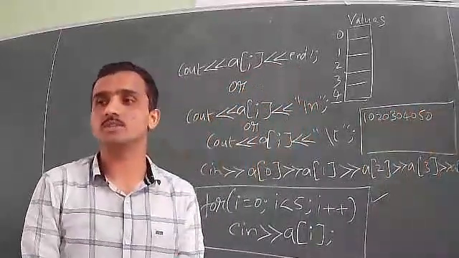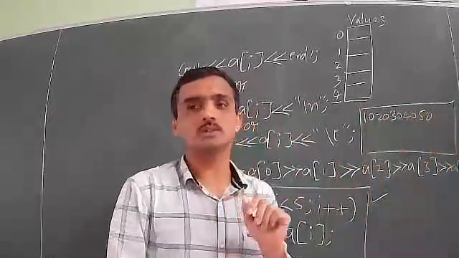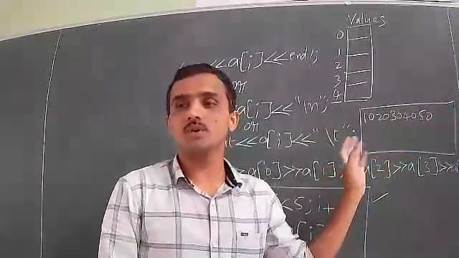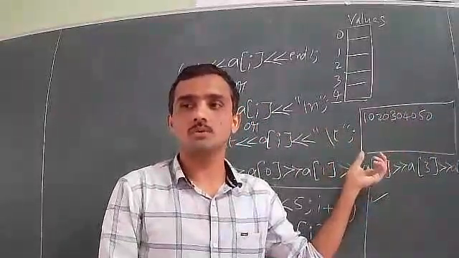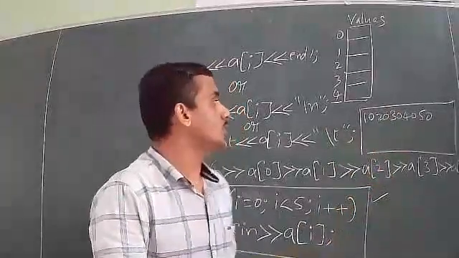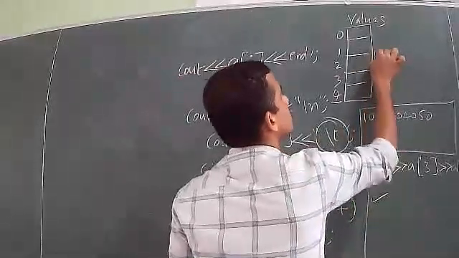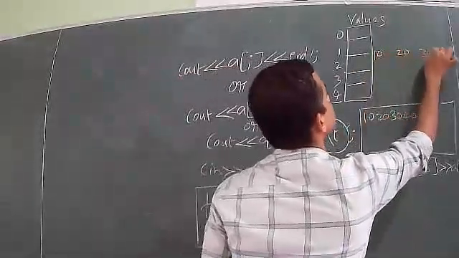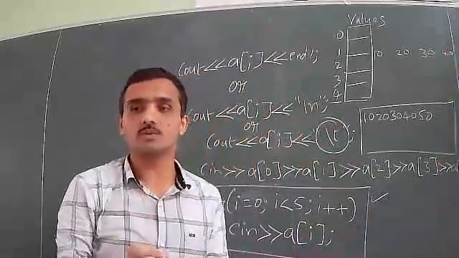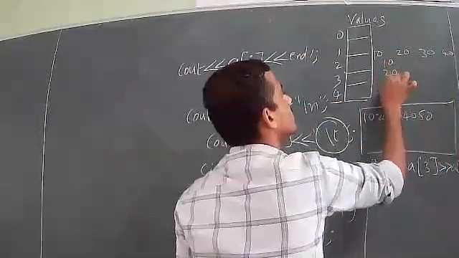So it is very confusing. This will be taken as one particular value, 10203040 or something like that. But we want to separate and differentiate it, right? We want the values to be known. So if you use \t, it will display 10 space 20 space 30 space 40 like this. At least some space will be there between each value. If you use endl or \n, it will be displayed as individual values: 10, 20, 30, 40.